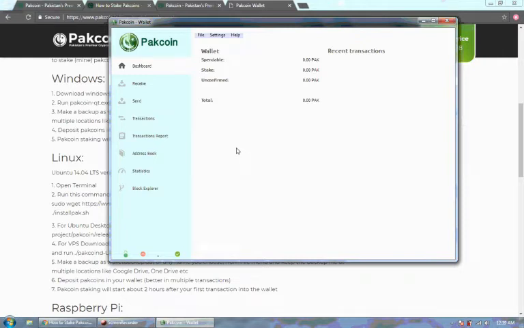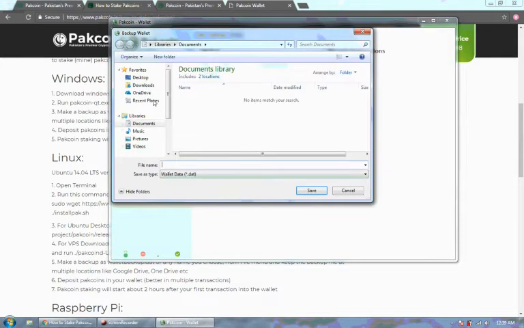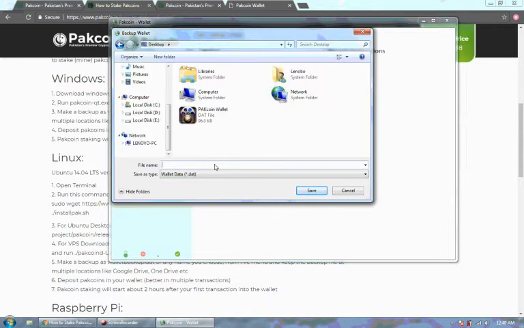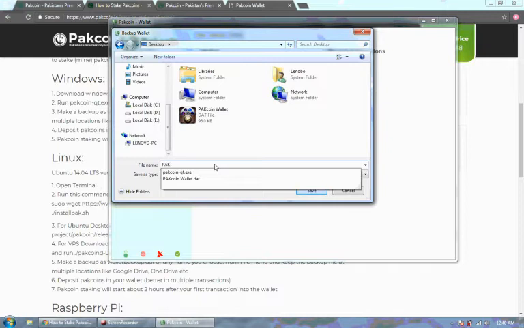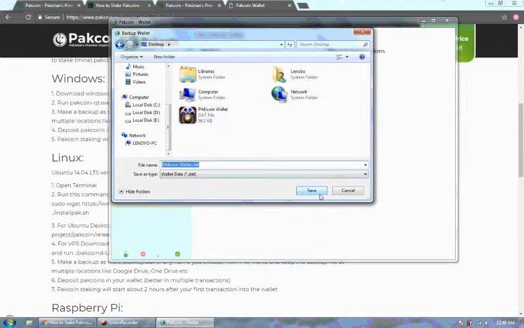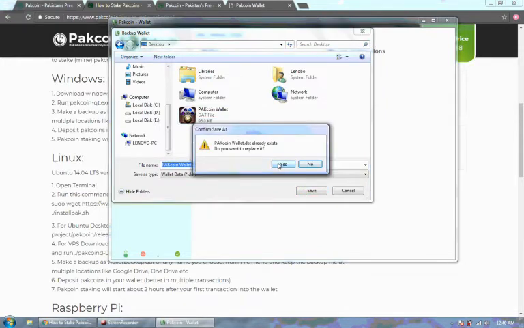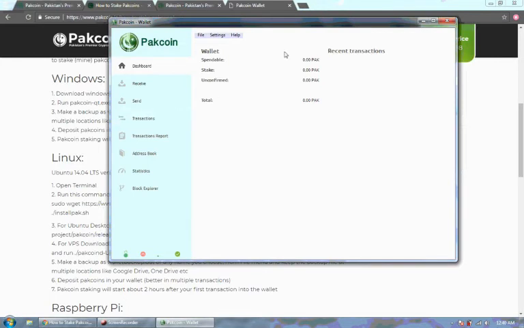However, one thing we did wrong was that we backed up before. We need to back up now. So let's back up. You need to back up after synchronizing your wallet. Synchronizing will come over here. When it's synchronized, you will see a green tick like this. Now going to File, clicking on Backup Wallet, and going on Desktop again. Let's save it as PAKcoin wallet. And this one is useless, the one we created before, so let's just replace it. Alright,